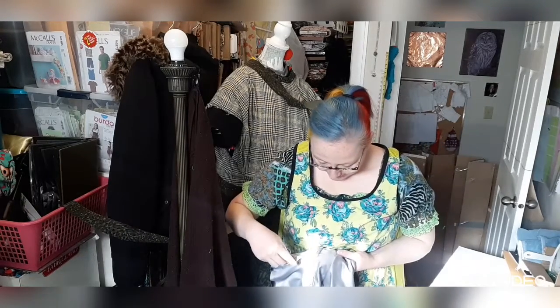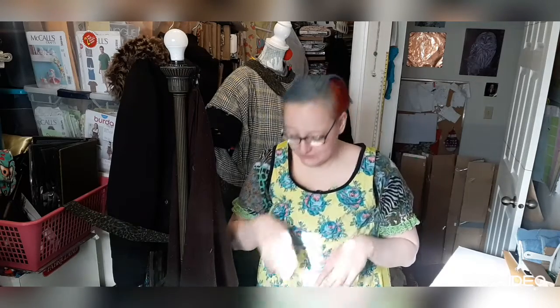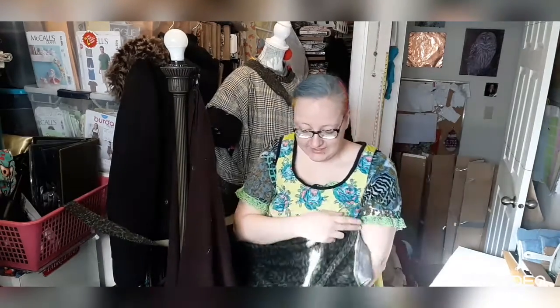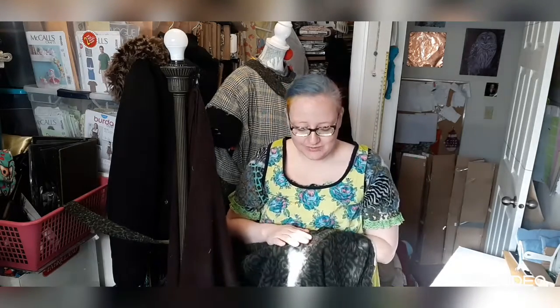I forgot to switch. Sorry. I forgot to switch my needle to ballpoint when I flipped over my skirt. So the front of my skirt is a knit fabric and the back of my skirt is a satin fabric. When I'm sewing through the satin, and I've got satin first, I use my regular universal needle. What I forgot to do is when I switched over to the knit side, I forgot to grab my ballpoint